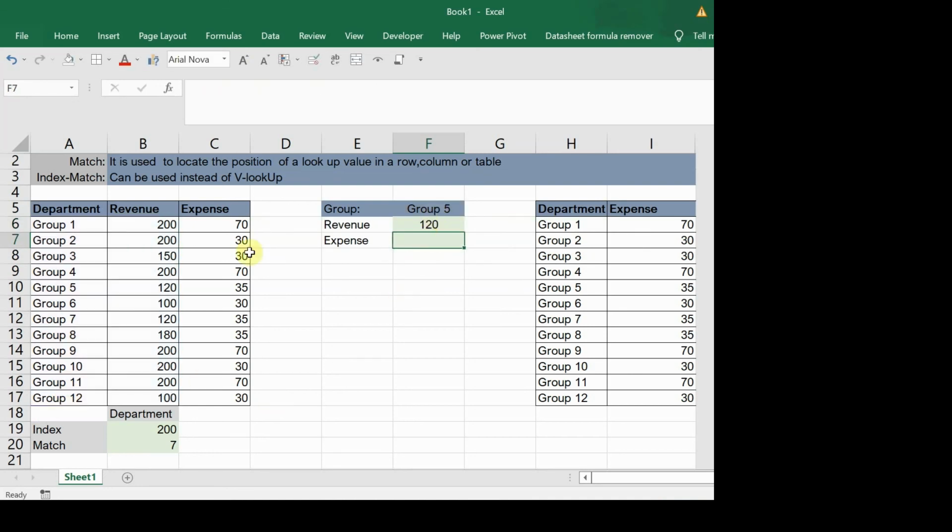So group 5, the revenue is 120. Let's look at group 6. Revenue is 100, right? So let's do the one for the expense too. Equals to index, right? What's the array? The array is the one for expense, correct? Remember to fix it, comma. What is the row number? The row number is match,